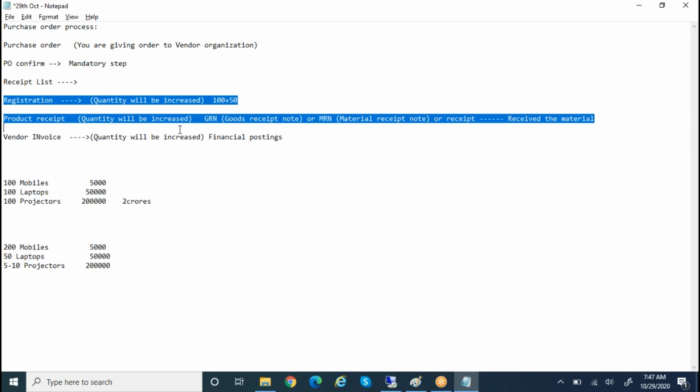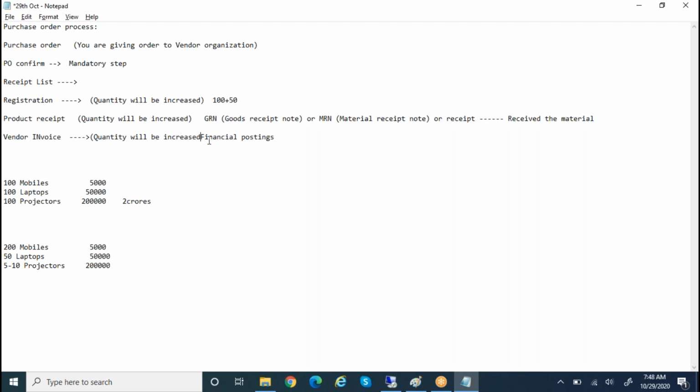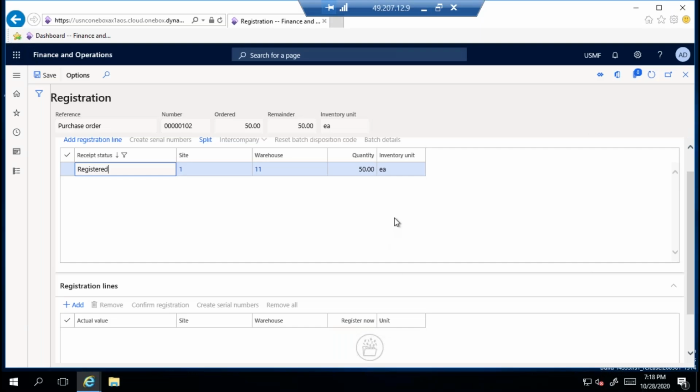There are some setups you can do, and using the setups, you can make some steps mandatory. Now, if you are doing registration, stock will be increased during registration. Okay, so it was registered.